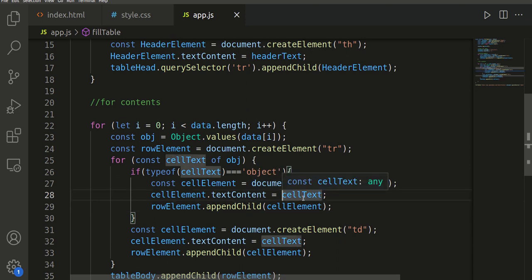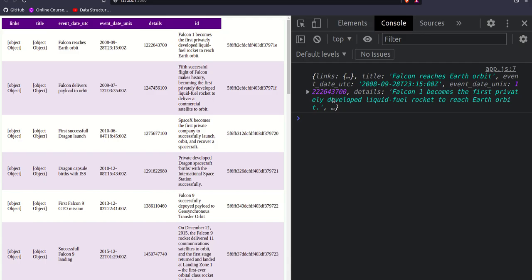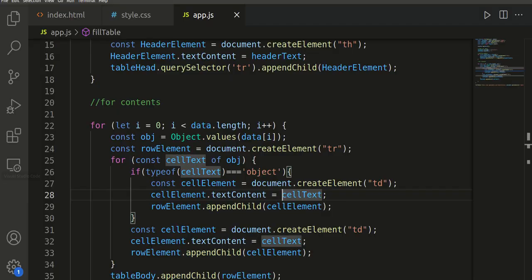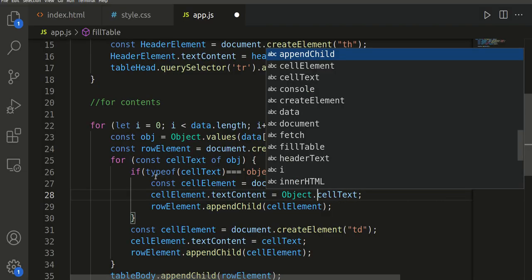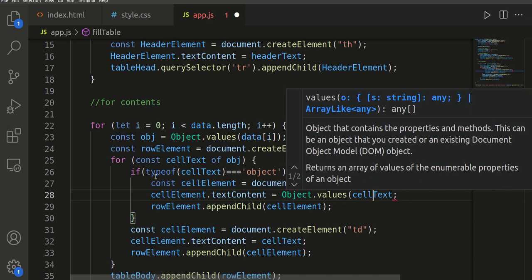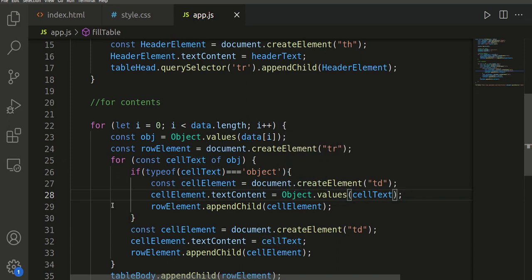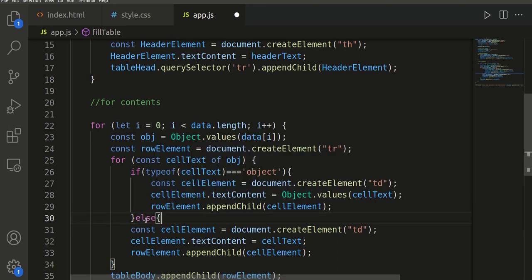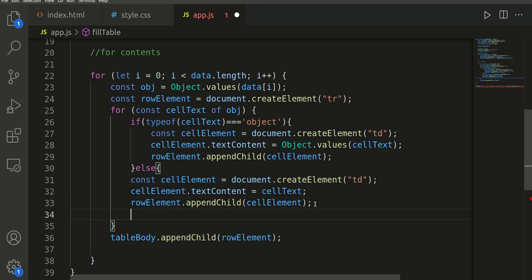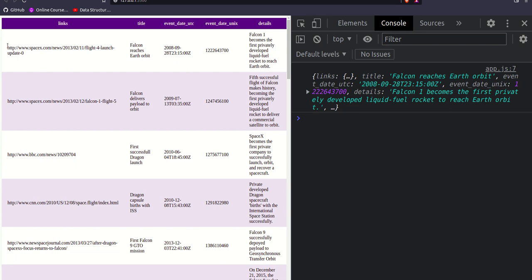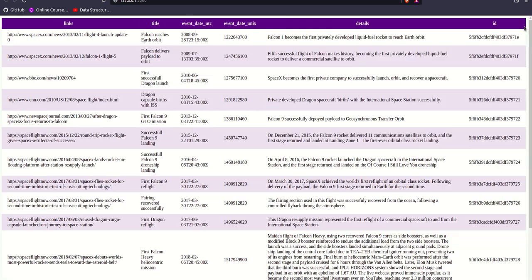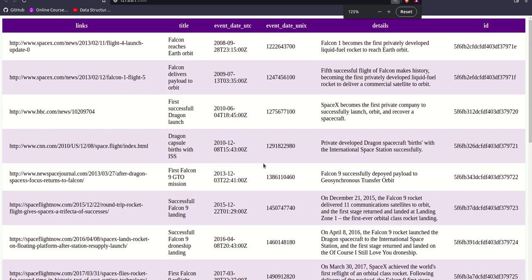And since we know this cell text is an object, because this links part is an object, and also we want to display the value, so we again need to use the Object.values method here, so that we can get the values of that object as well. So if we use this, and else if it is not an object, we need to enclose our other code into the else part. So now you should see all the links in our table. So as you can see, with some minor changes, we can now see all the links in our table as well. So this is how you can use JavaScript's fetch API method to display the contents in a table.